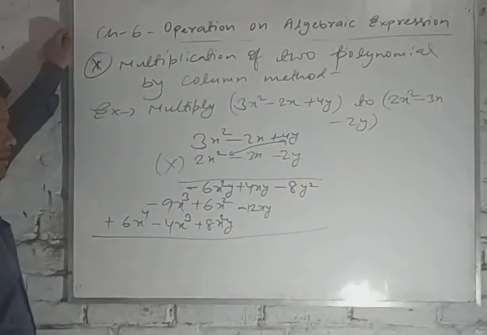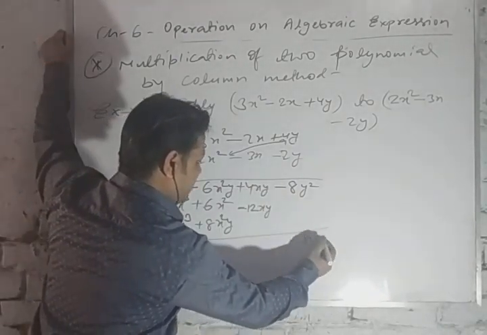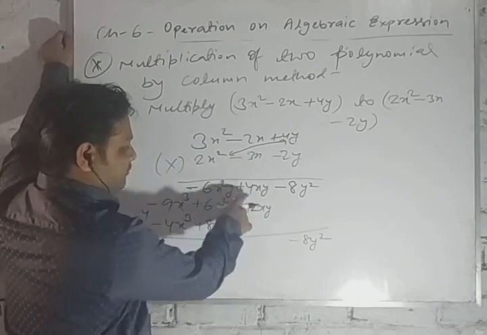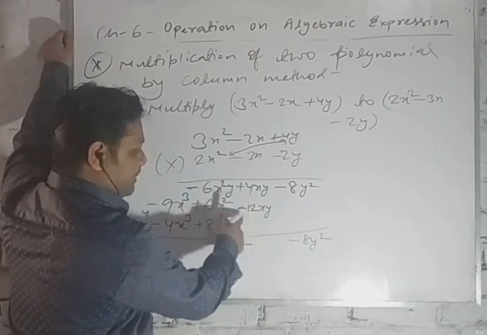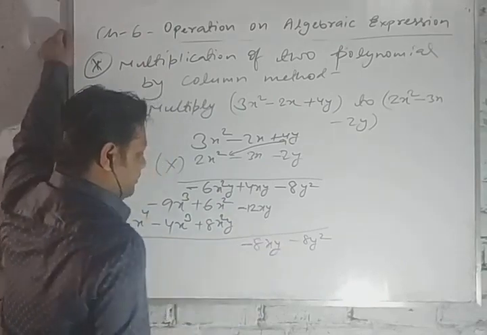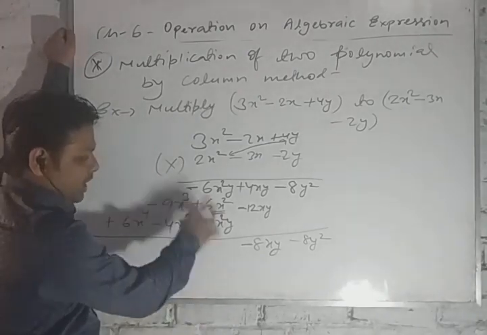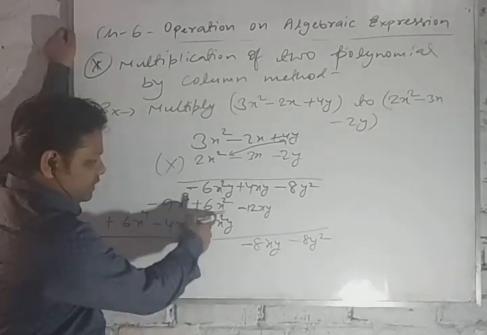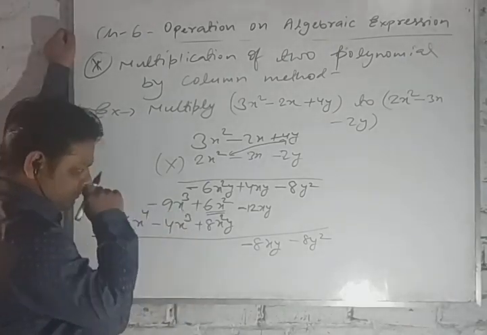Now add all this. Here at last, minus 8y square. Okay. Minus 8y square. Here xy, plus minus. At first, which is greater? 12 is greater and it has a minus sign, so we will write the minus sign. Minus 4 plus minus minus, that is we have to subtract. 12 minus 4, 8. And xy is the variable. After that, here you can see this is not matching, but these two are matching. Okay. So at first solve these two, and the term which is not matching, we will write it last.